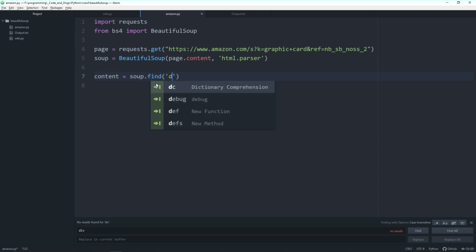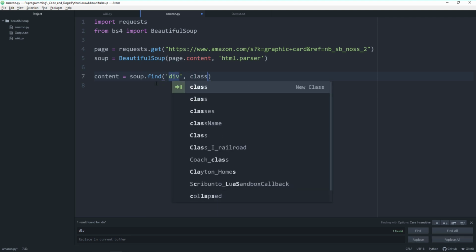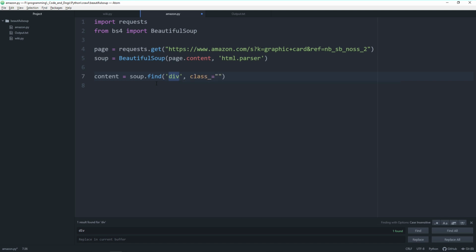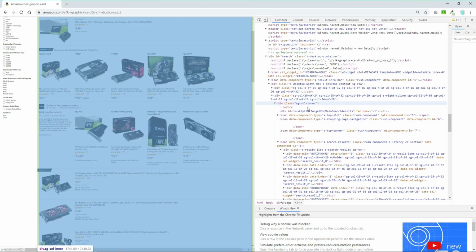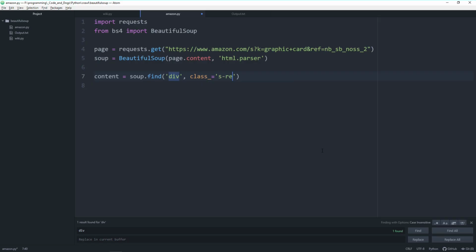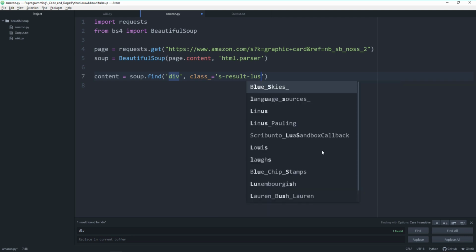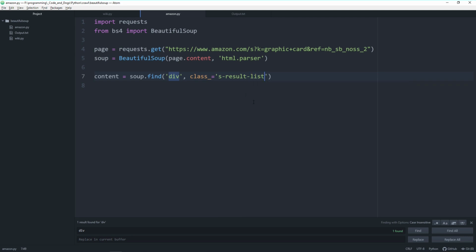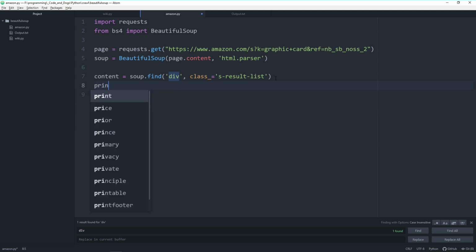So soup.find div with the class name equal to, and the name was as-result-list. Let's print it out